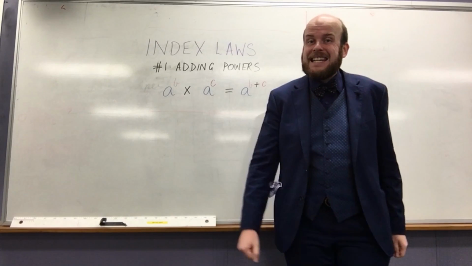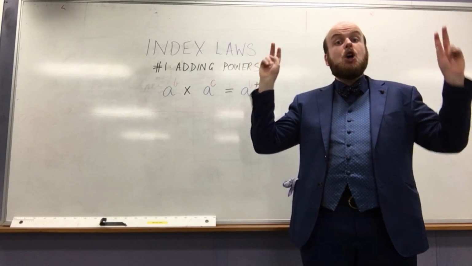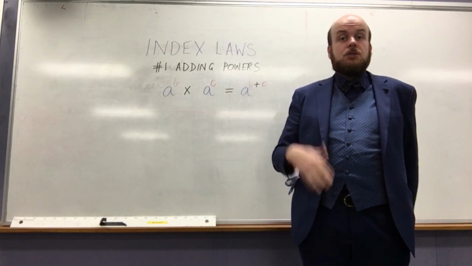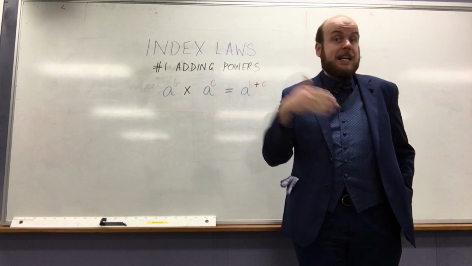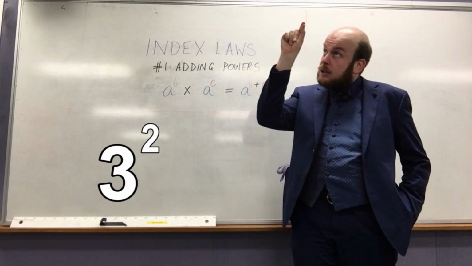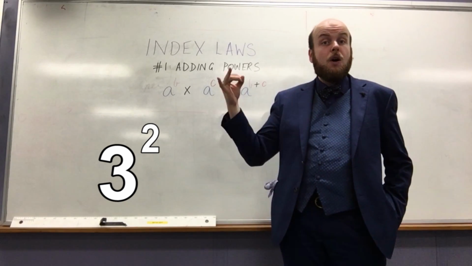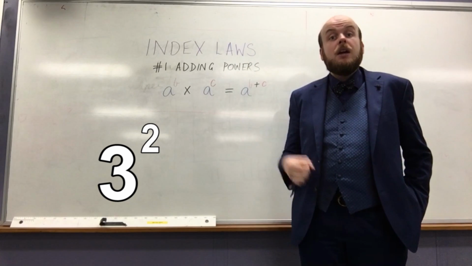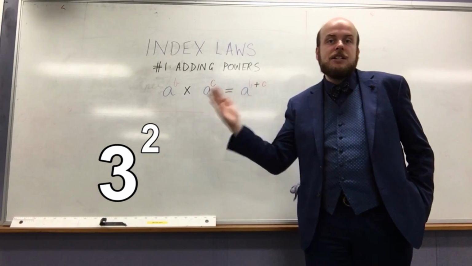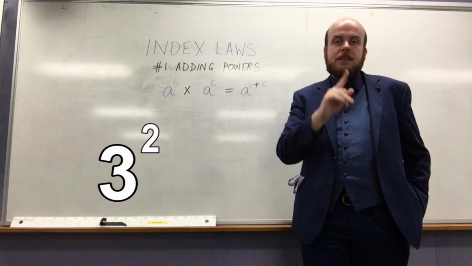And what do we mean by an index? Well, that is another way of saying to the power of. So for example, if you've got 3 squared, so 3 with a little 2 on top, that's the same as saying 3 to the power of 2. The little 2 at the top tells you how many times you should multiply that number by